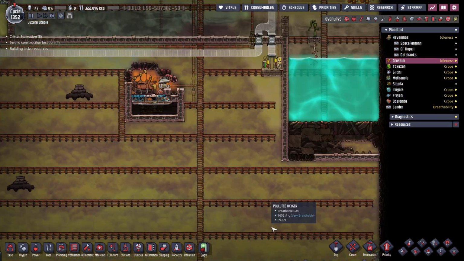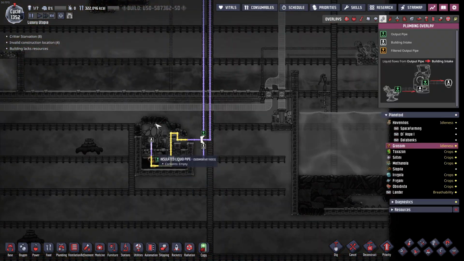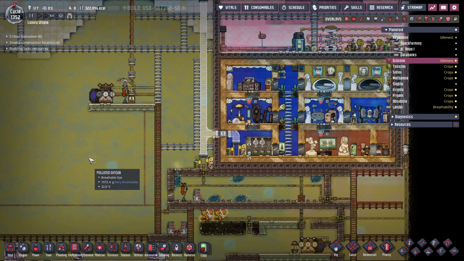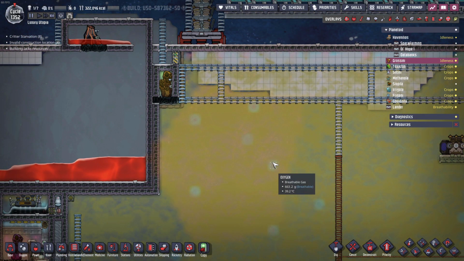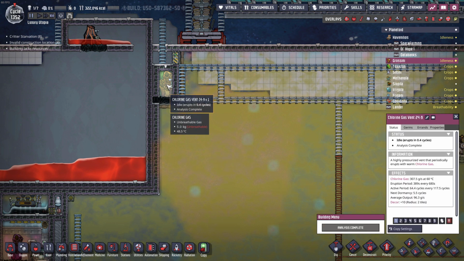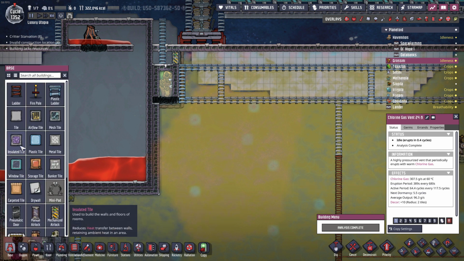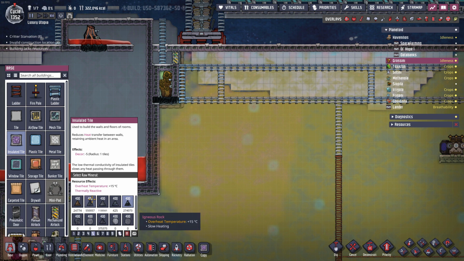The rest is passive, and I think this is even disabled. So she hasn't anything to do at the moment. So I want to make use of this chlorine gas vent. It outputs chlorine gas at 60 degrees, which is actually perfect for balm lilies. So what I'm going to do is make a passive balm lily farm,